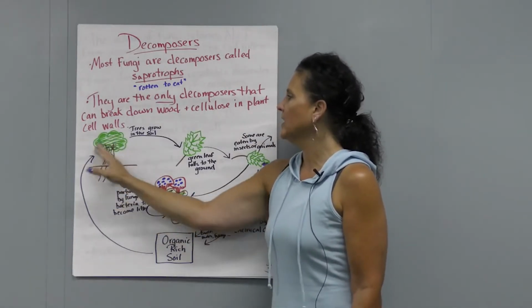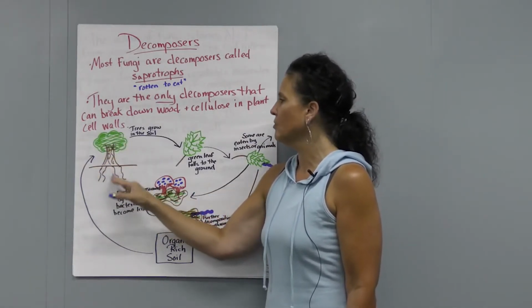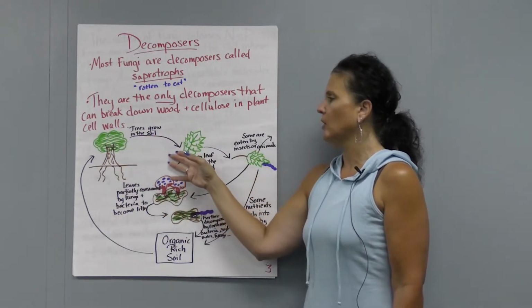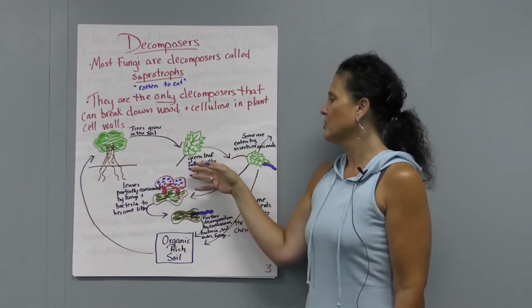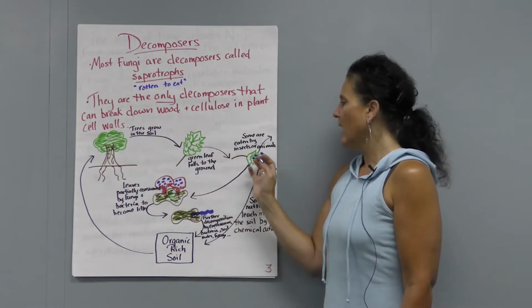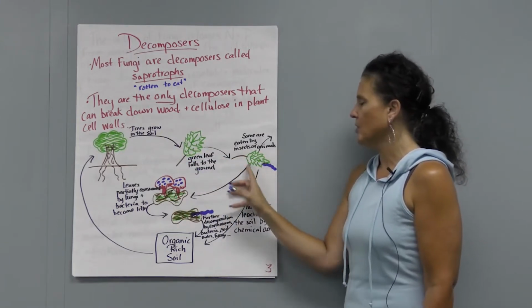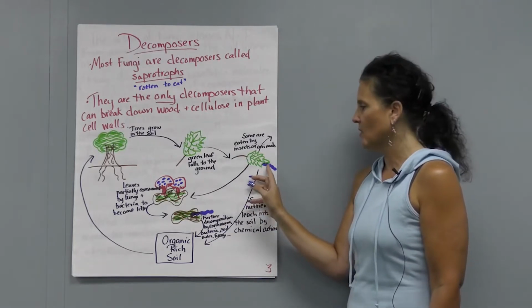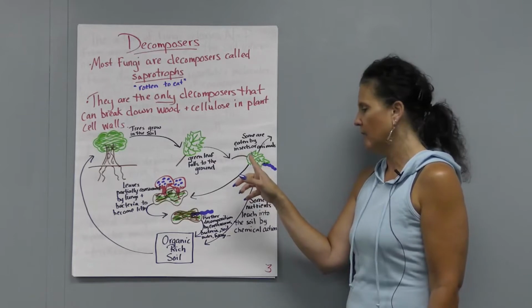So we have this tree and it's growing in the dirt, there's its roots, there's its leaves, and as this tree grows, especially around here, they lose their leaves, right? So this green leaf falls to the ground, and some of these leaves that fall into the ground can be eaten by worms or other animals or insects. So here's a little worm that's eating this leaf, right?